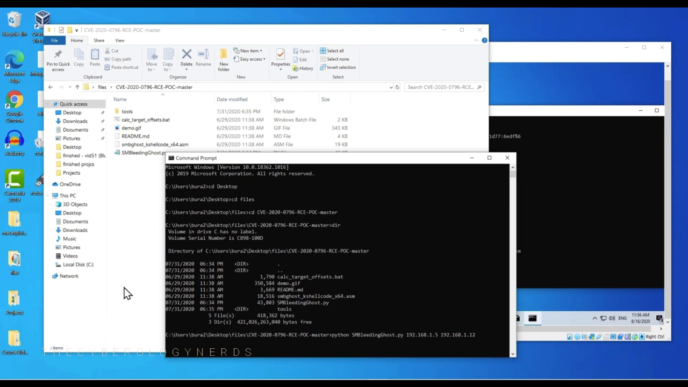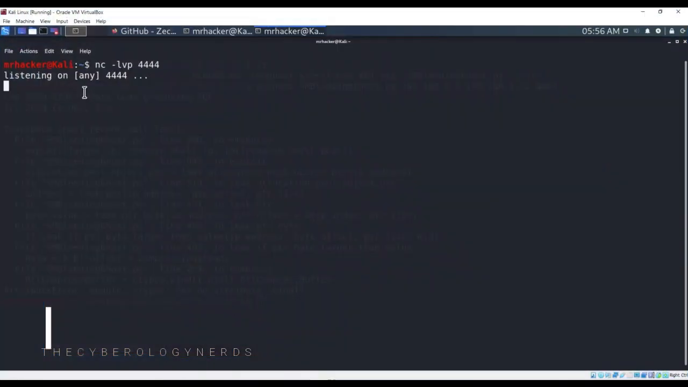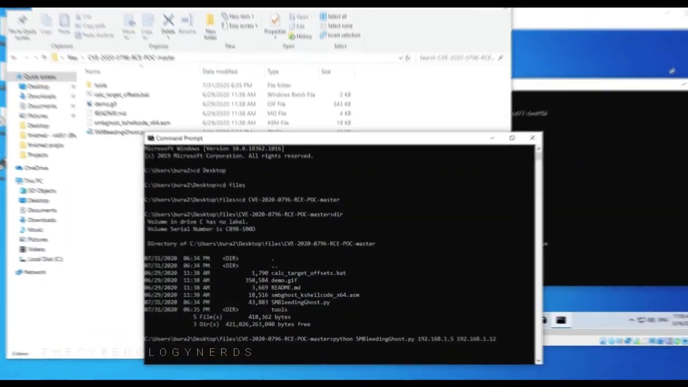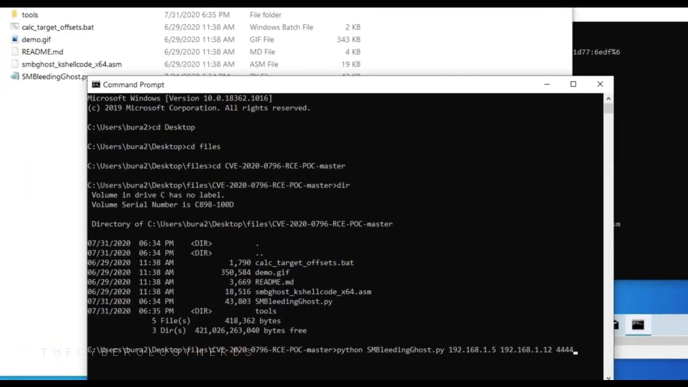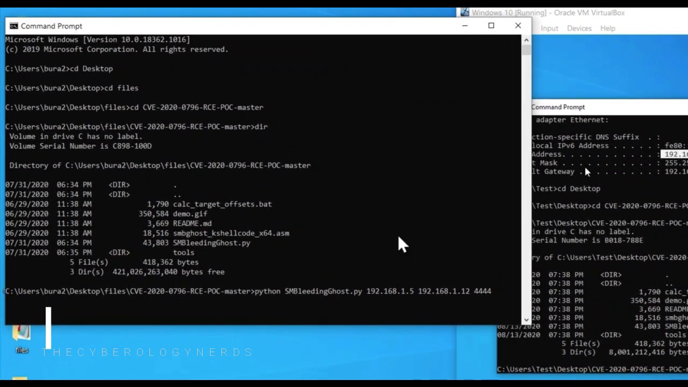If you want, however, you can also connect back to this Windows 10 machine, but in that case you must install netcat for Windows and listen using netcat from a Windows machine. And then right here you would specify the IP address of the Windows 10 machine that is running the exploit. Since there is no need for me to do that, I will just specify the Kali Linux IP address, and the port number is 4444. Great, the command is here, and if we execute it,